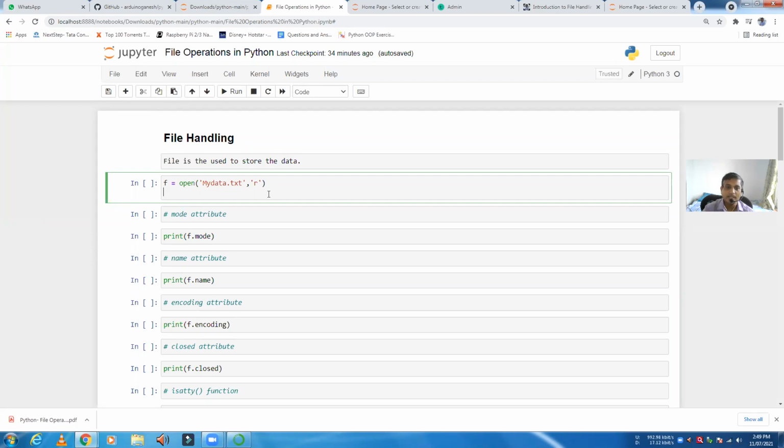A file is generally a text file. There are two types of file: the text file and the binary file. We can write our data into a text file. The meaning of text file and binary file is different. In a text file, we write the data in terms of ASCII characters. Whatever we write gets written as an ASCII value.